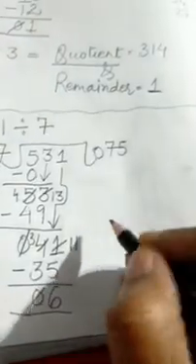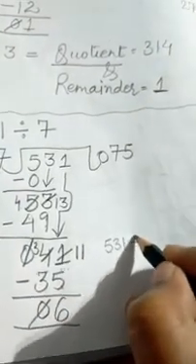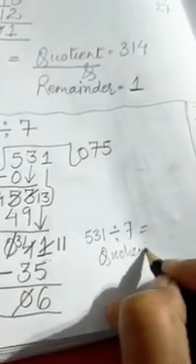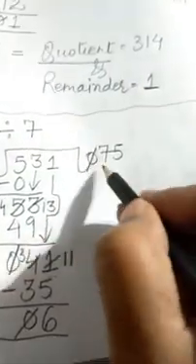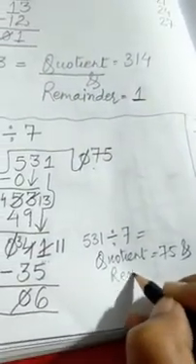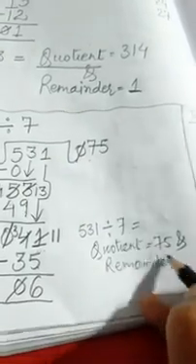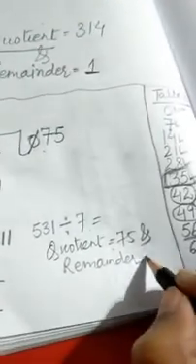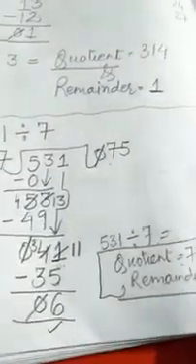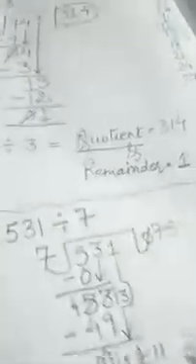So what will be the answer? 531 divided by 7. What did we get? We got the quotient. What is the quotient here? 75, and the remainder, what is left at the last, that is the remainder, and the remainder is 6. This is the answer of the division. Like this I will tell you sum number D, part D. I will tell you what is the statement of part B.